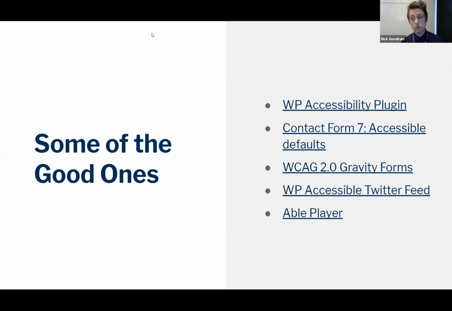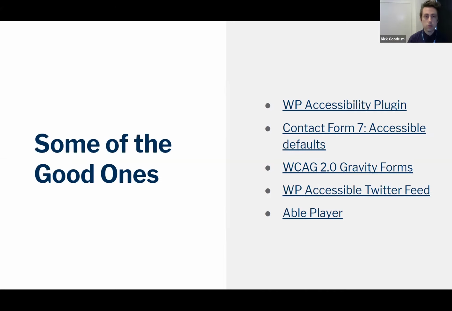So are there good ones? Yes, there are good plugins out there. Now, is this a huge list? No. And is it exhaustive? No, as well. But yes, like I said, the WP Accessibility plugin is a good starting point. Contact Form 7 is actually not that bad of a starting point for accessibility, but some of the defaults may sometimes need some help, and so that's why there's a tool for that. Gravity Forms has some issues. So, hey, we're going to patch that and fix that.